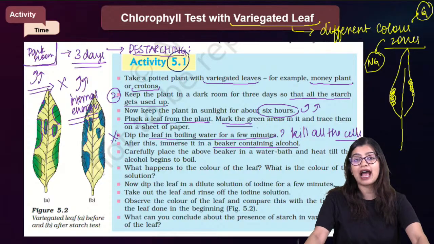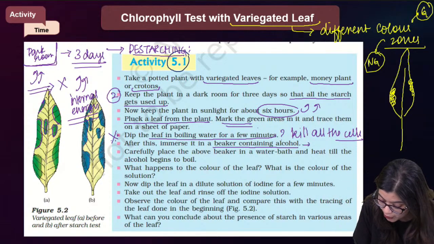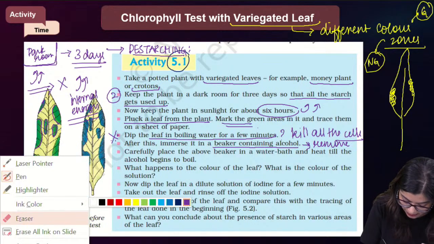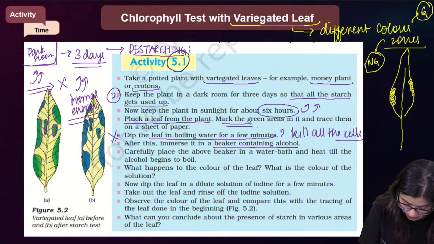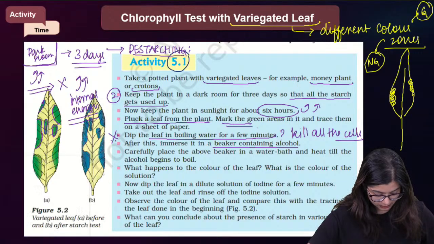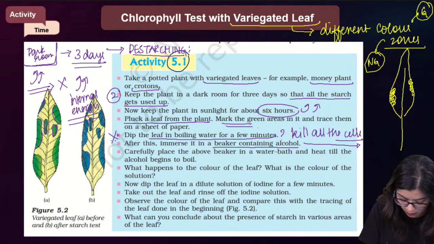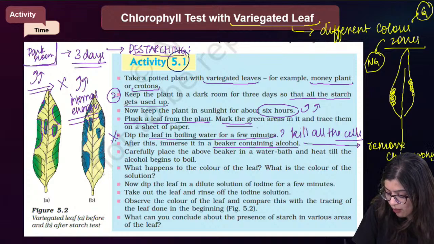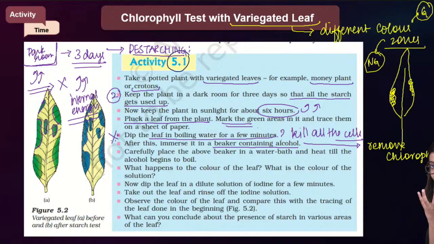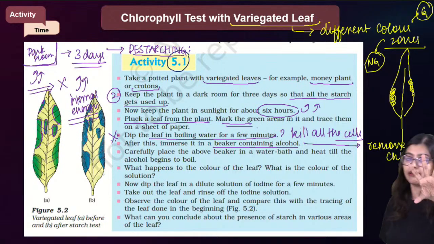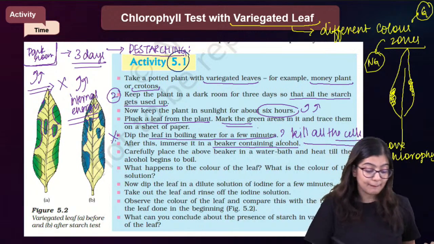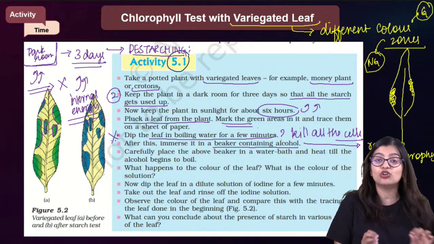Now why am I putting it in alcohol? I am putting it in alcohol to remove... So I'm going to write this outside the box. Just one moment. Yes. Now why am I doing this? I am doing this to ensure that I remove the chlorophyll. So we use boiling water in order to kill the cells. Then we immerse it in alcohol to get rid of the chlorophyll. Why should I get rid of the chlorophyll? I should get rid of the chlorophyll mainly because further photosynthesis should not happen.